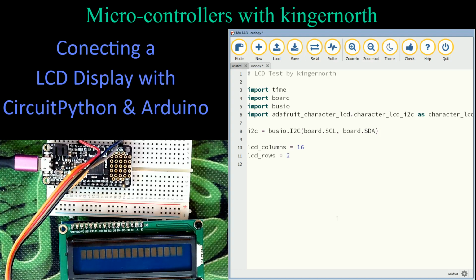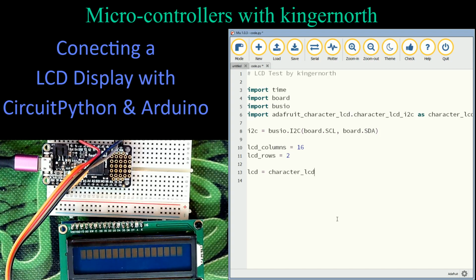So we're defining the size of our board. And then the last thing we want to do is create the LCD screen now by combining all of our information together. So this is what we do: we're going to create something called LCD. We're going to say this is going to equal, and this gets a little long, but that's okay. This is going to be character